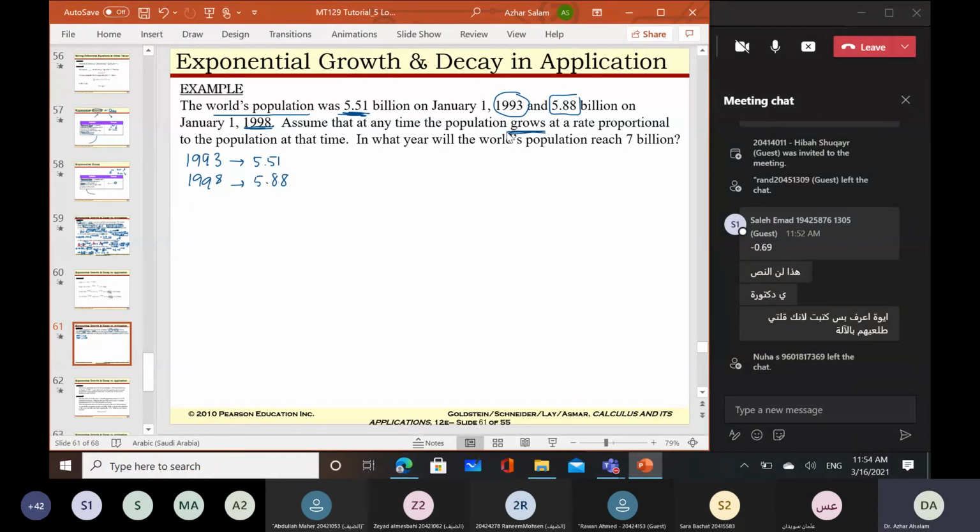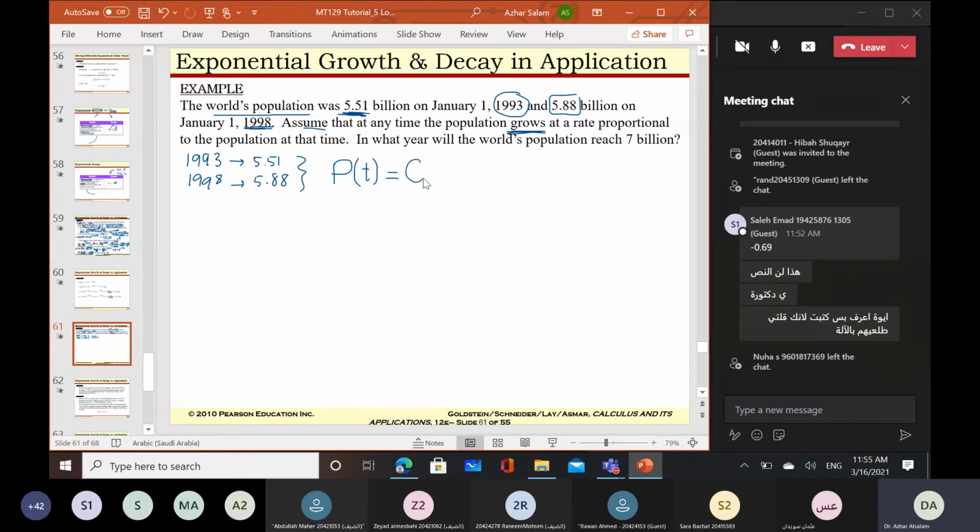Grows means that it's increasing. Okay, it gave me that the population growth is directly proportional to time. So from this statement, I can conclude that the population function, I will call the function of population P of the time, the year t, is equal to a constant C multiplied by e to the power